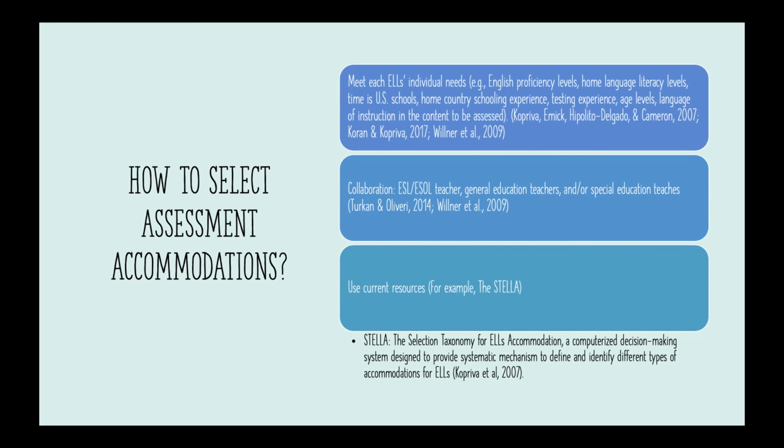One type of accommodation that has been developed is called STELLA. It's Selection Taxonomy for English Learners Accommodation. It's a computerized decision-making system designed to provide a systematic mechanism. Because according to the research, when teachers provide accommodations to our English language learners,